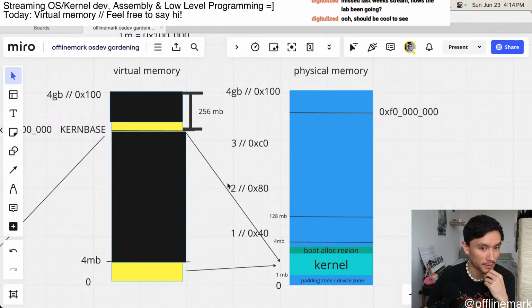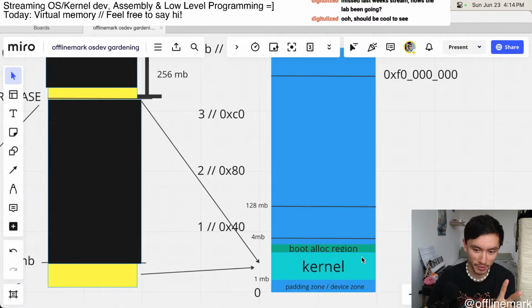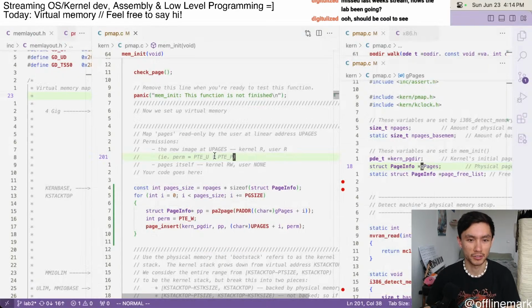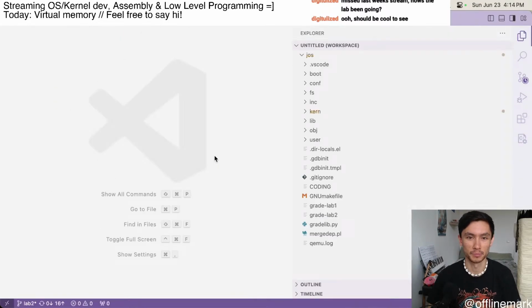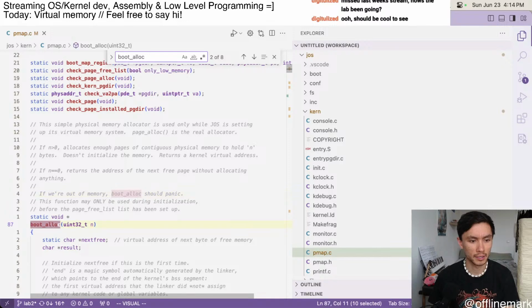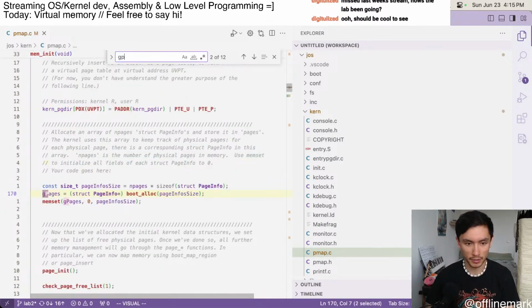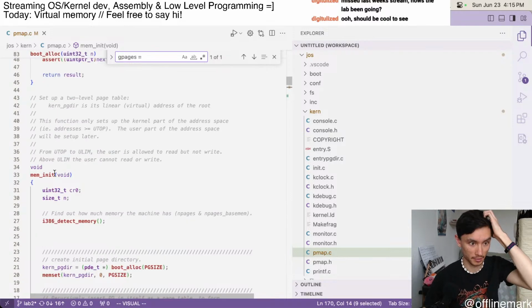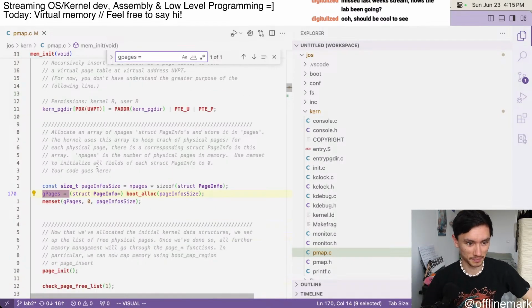So currently, in physical memory, it's not strictly necessary to reference this, but I just want to see, and I want to go to boot alloc, or where does G pages get set? Here is the specific place. So we're initializing memory, and